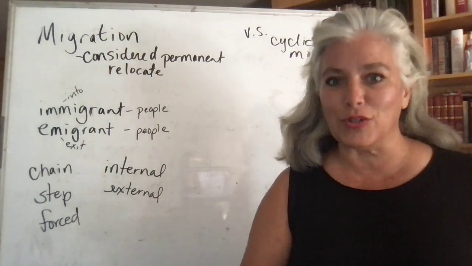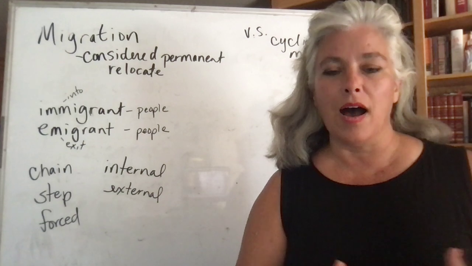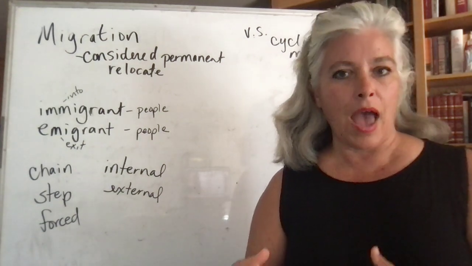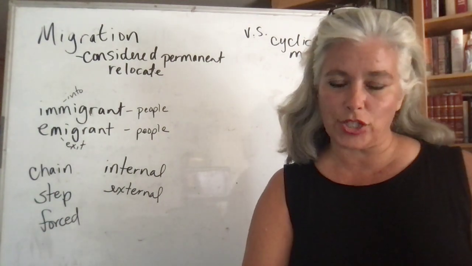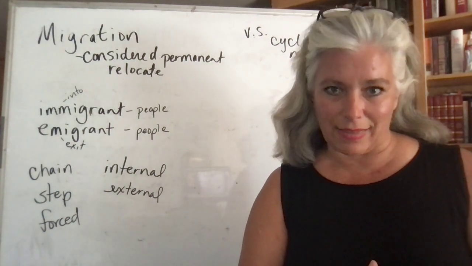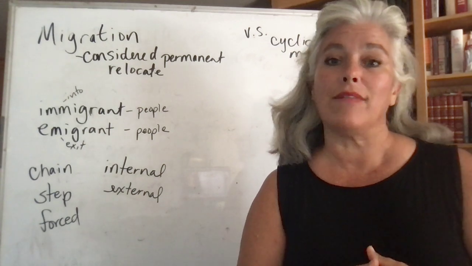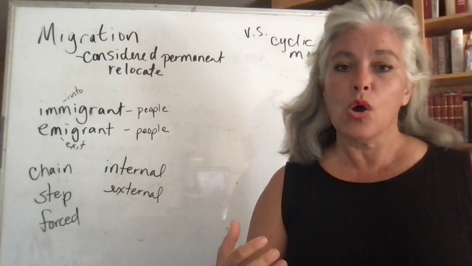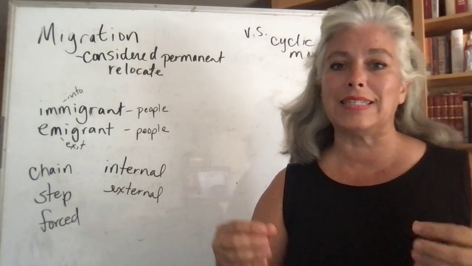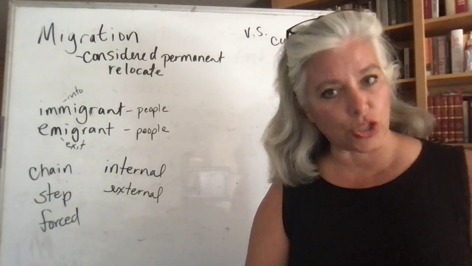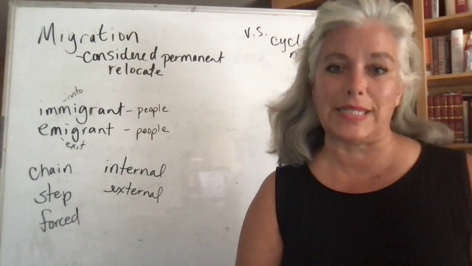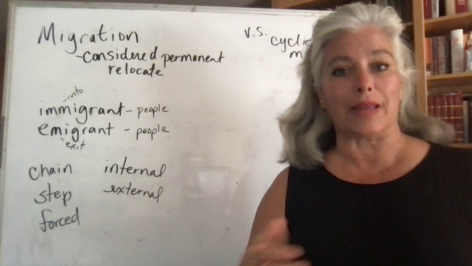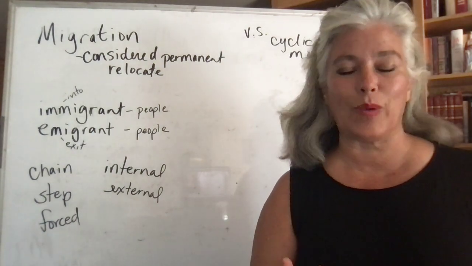It's not appropriate to use the word, oh, I've migrated here or there, because it has a degree of permanence. You are leaving one place and you are going to another location with the idea of staying there. And so that's going to have a dramatic impact on populations from one place to the next, when you have portions of the population intentionally leaving or intentionally entering for the purpose of taking up residence in a new space.